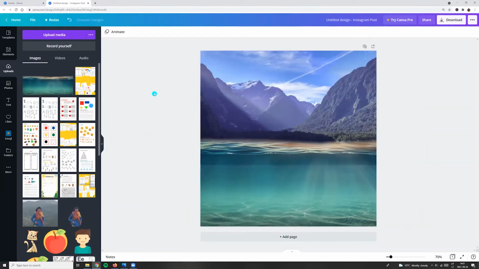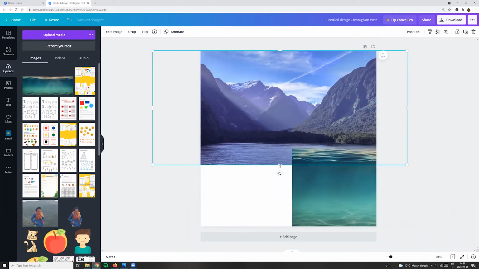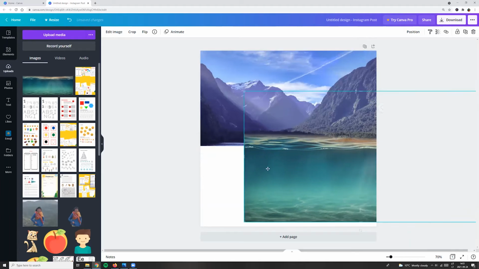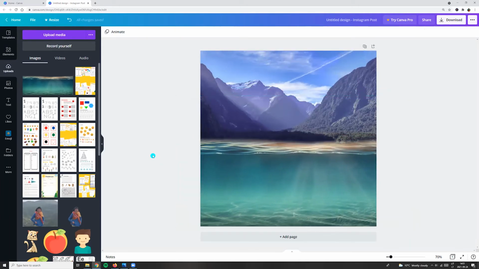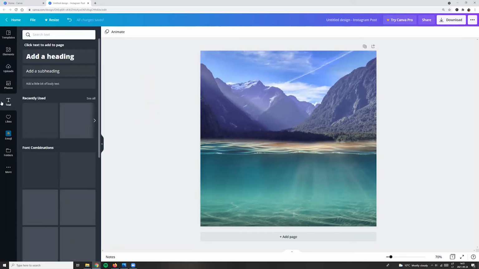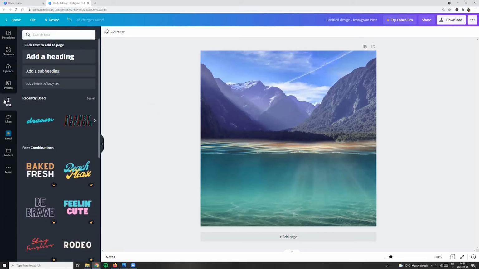And now we can write the text. I'll crop a little bit this photo. Now it looks okay. Now we can write text on the left side menu. I am clicking on the T text and